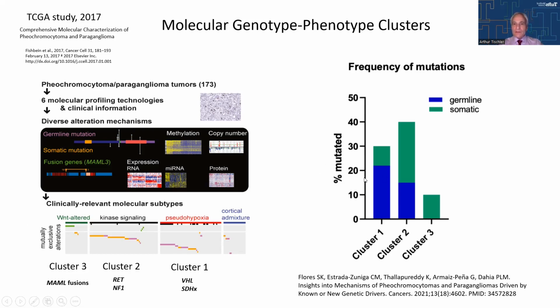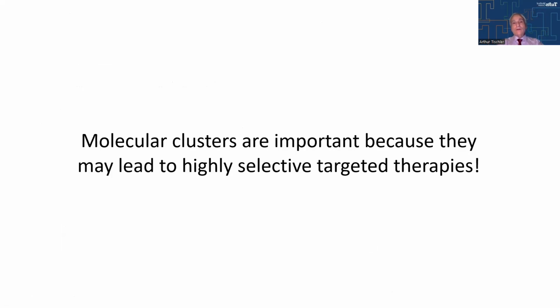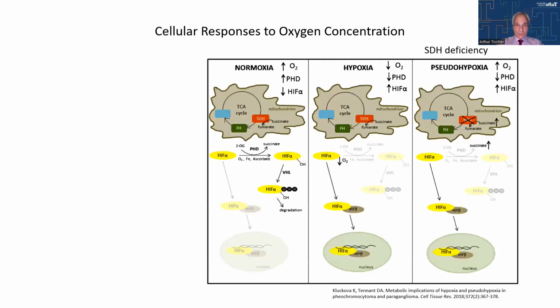If you look at the frequencies of germline and somatic mutations in these three clusters, the Wnt-altered tumors are all somatic. Cluster 2 is a more or less equal mixture of germline and somatic mutations, with a predominance of somatic mutations because of the great abundance of somatic NF1 mutations. And Cluster 1, the pseudohypoxic cluster, is predominantly germline. Molecular clusters are important because they may lead to highly selective targeted therapies. And we can understand some of these targets